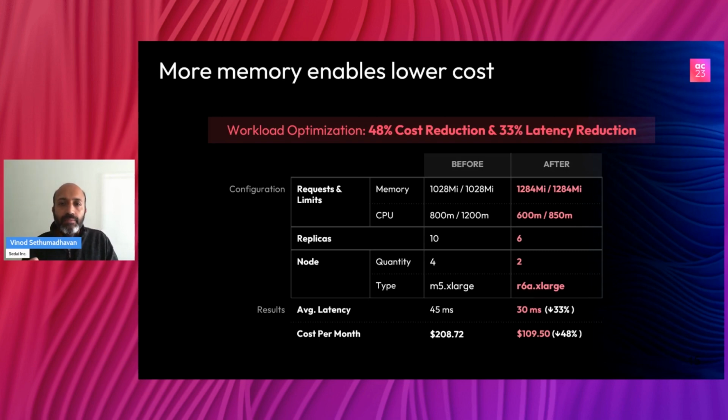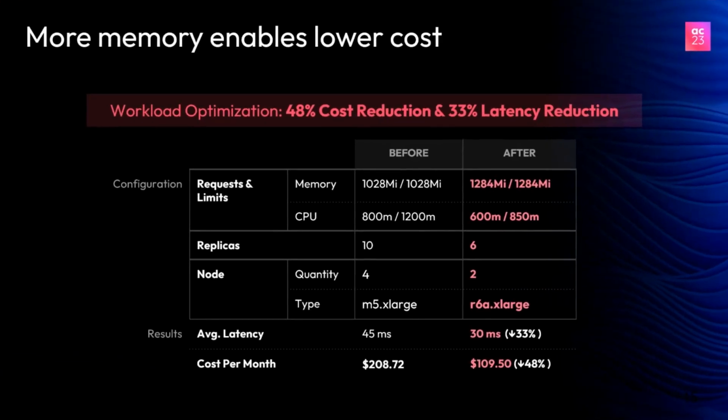By increasing the memory 25%, we saw a latency improvement of 30%. Which suggests it might have been heavily garbage collected. The usage was pretty high, and there was a lot of garbage collection going on. So it benefited from increasing just 25% of memory, and it gave a 30% to 33% improvement in